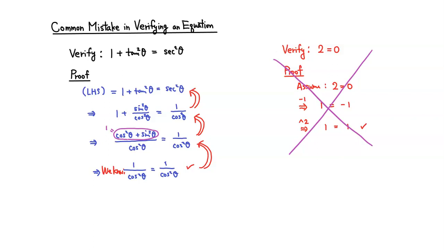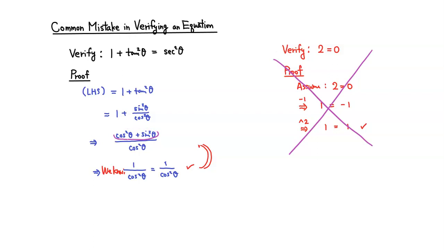Then, instead of concluding that it's equal to secant squared of theta, we can use the chain of equality. So we know that this is equal to 1 plus, replacing tangent with sine theta over cosine theta, we get this. Instead of making the conclusion right away,